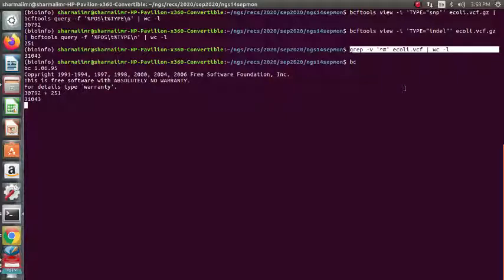So essentially, what is the total number of variants, right? So here we saw that the total number of variants is the number of indels plus the number of snps.